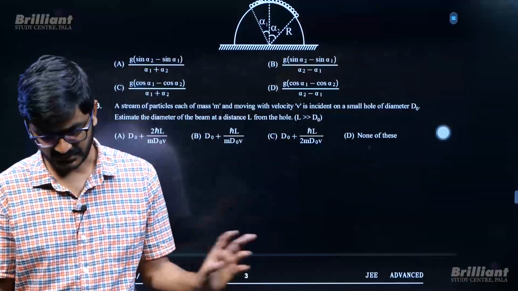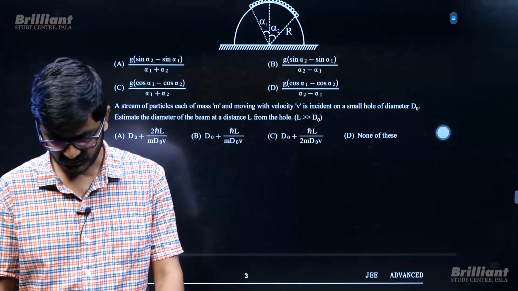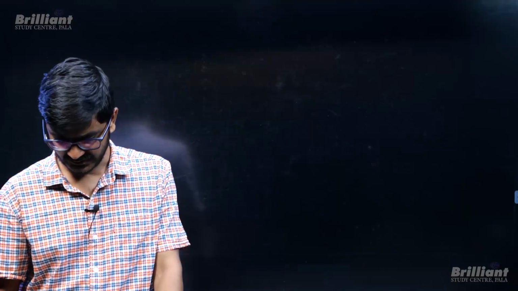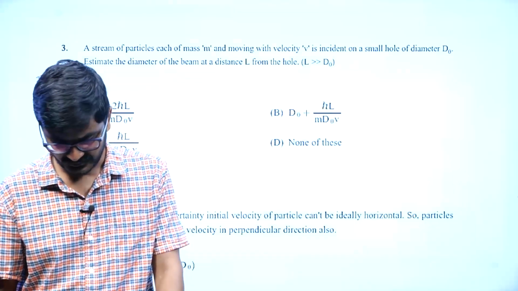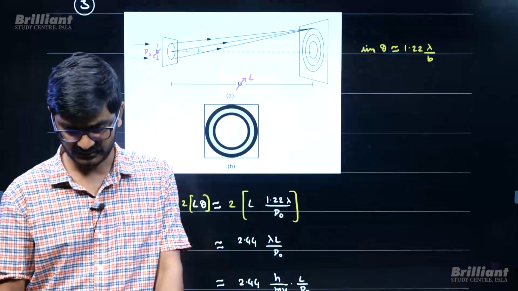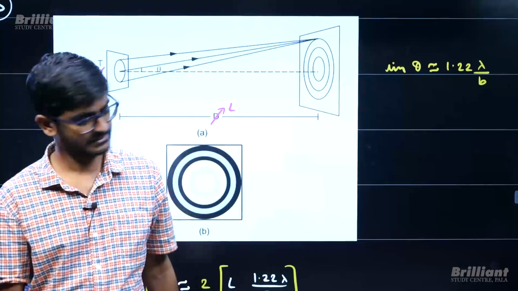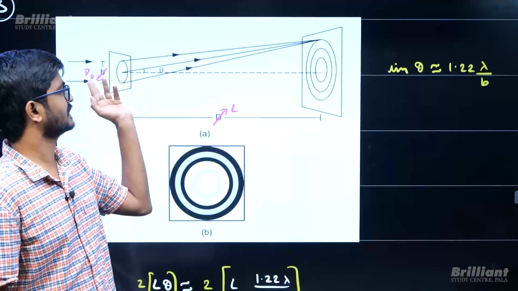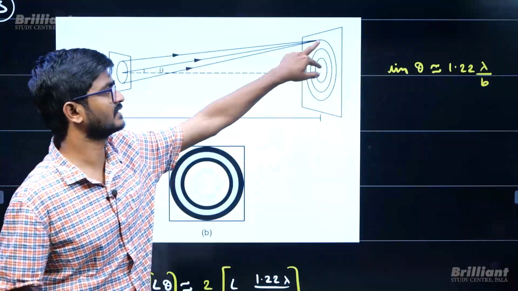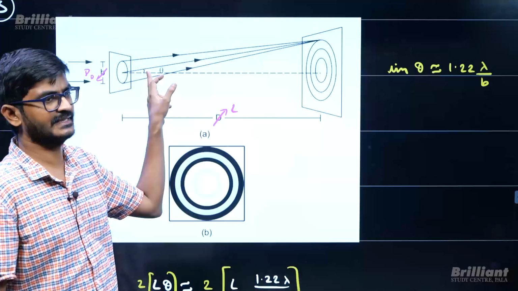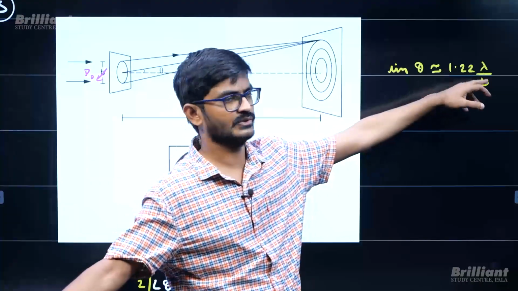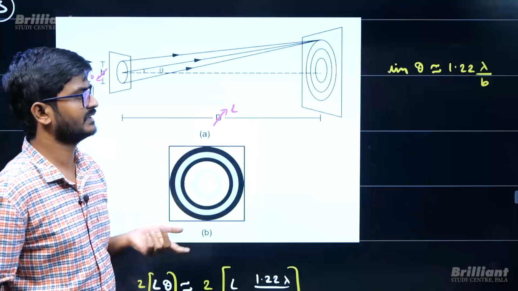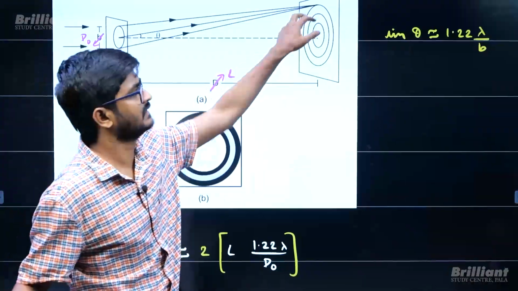The next one: a stream of particles is coming and there is a small hole of some diameter. Then what will be the diameter of the beam? I am not sure what they are doing in the solution, Heisenberg's uncertainty principle, whatever, you can refer. But we know that when there is a circular aperture and diffraction is happening, then the radius of the image will make an angle theta, and that theta will be given by sin theta is 1.22 lambda by b, where b is the diameter of the hole. So if I go with that explanation, then the diameter of this is going to be